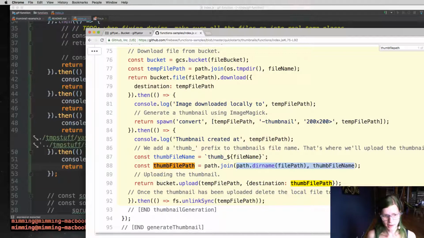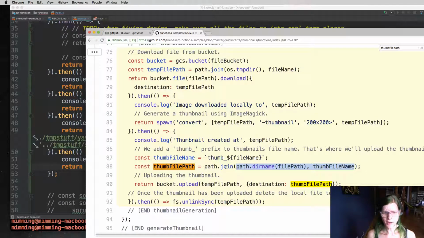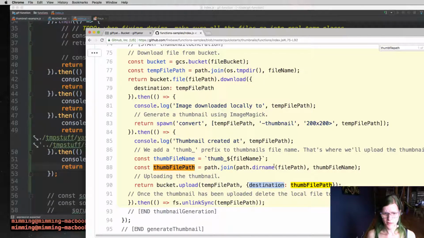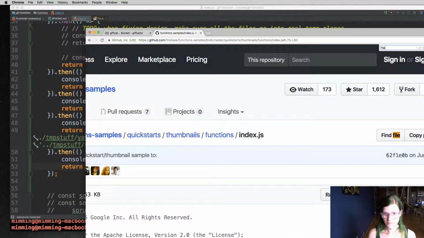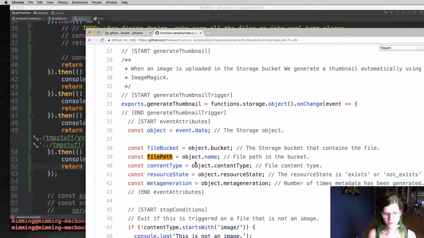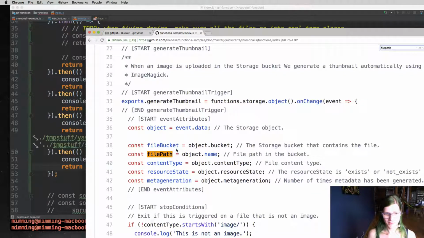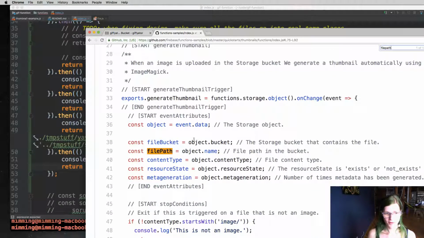Is a directory name, but there's no bucket. Is there a bucket? So file path, does that contain a bucket? Because I'm assuming, oh, so it does. The file path in the bucket. So is it just,